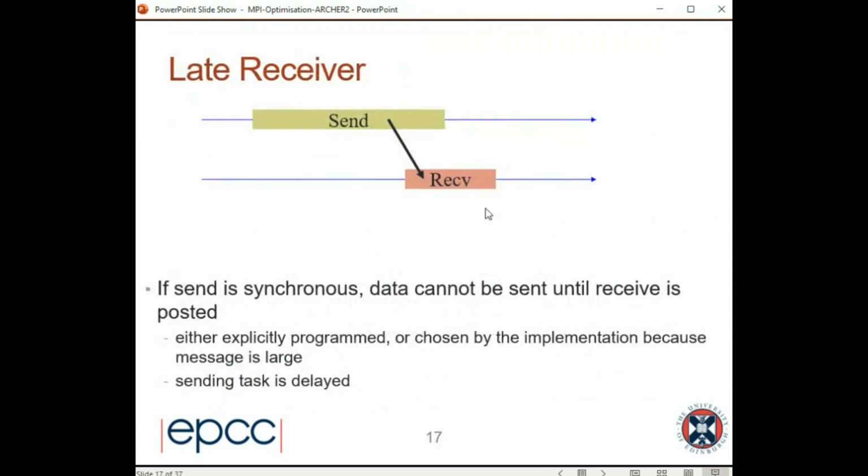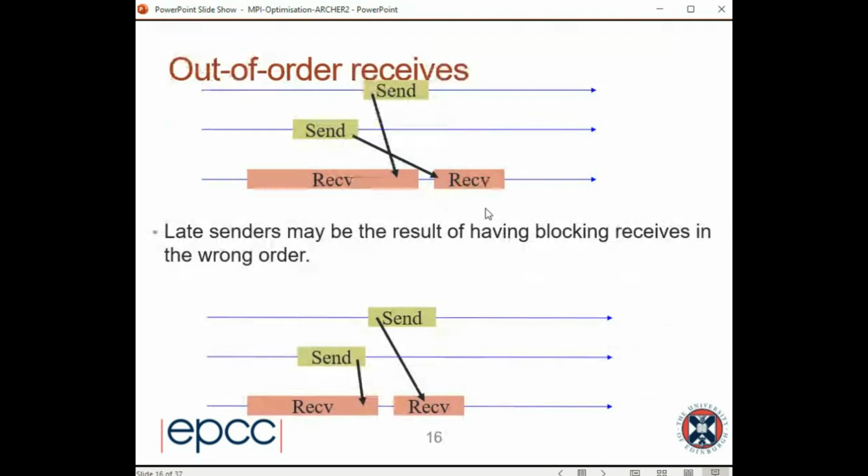So we're going to think about ways to get around this situation, and the main way of getting around this is not to impose an order, not to receive from one process then another, but to receive them all at the same time, which is actually what non-blocking communications are used for or useful for. The reason that this is a problem is that you are imposing an order on the receives, but you don't know what that order will be because you don't know what order the sends are coming in. And so you should really use non-blocking communications.